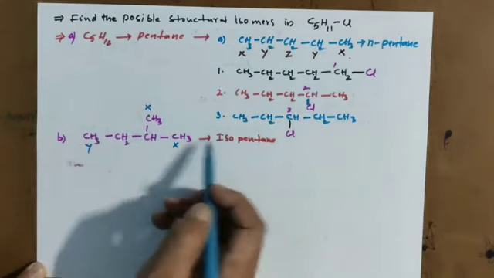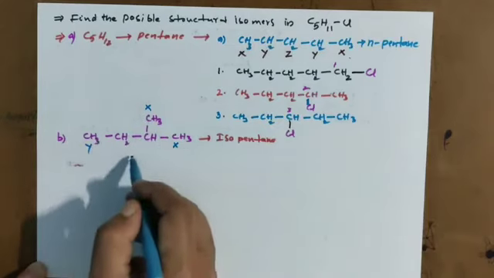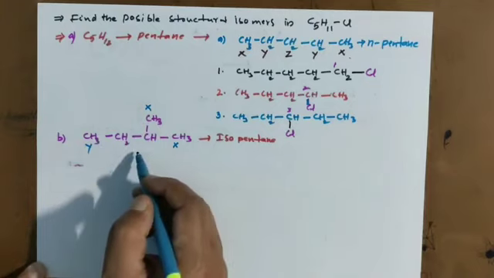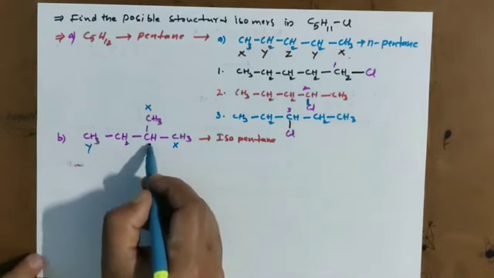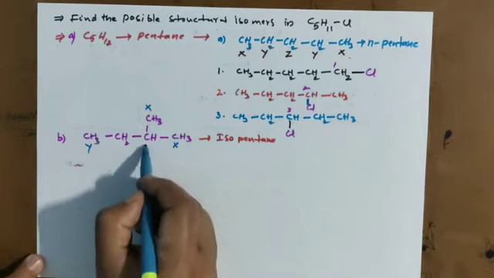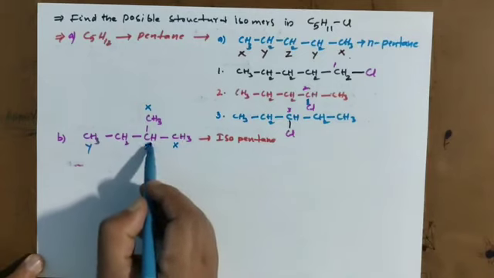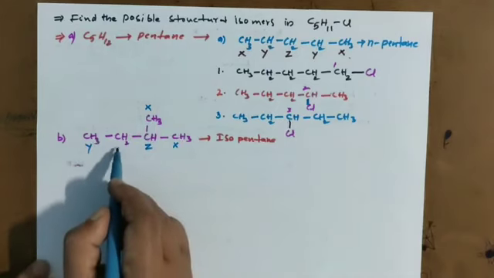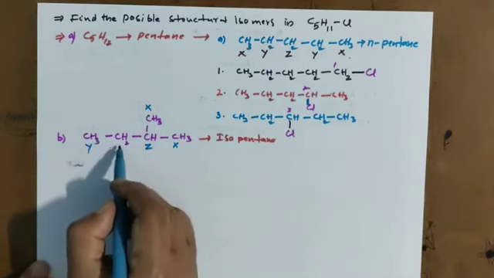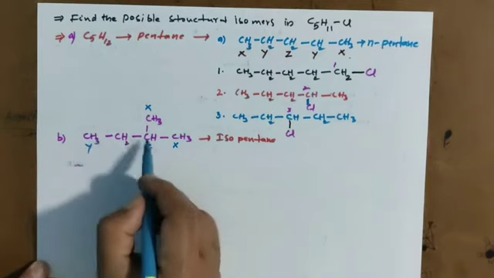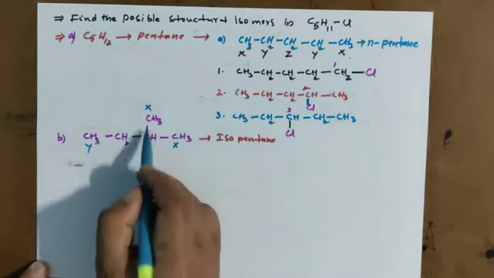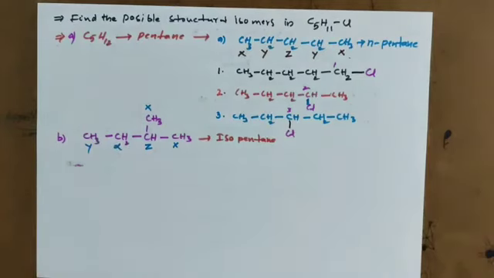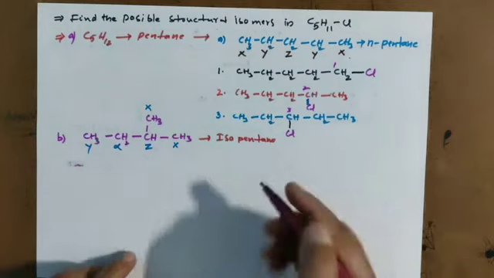That's why we told iso. Now X, Y, 2 types we got. Now you go for this one. This is Z. Why? Because this is different now. This side 1 methyl, this side 1 methyl, this is an ethyl group. Now come to here. This is different now. This side 1 methyl group, this side 1 ethyl, and this is 1 substitution. This you take as alpha. So how many types of carbons are there? 4. 4 types of carbons are there.